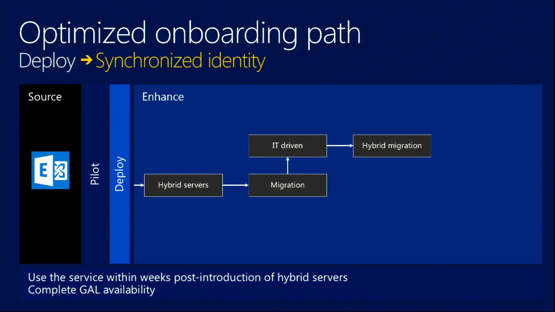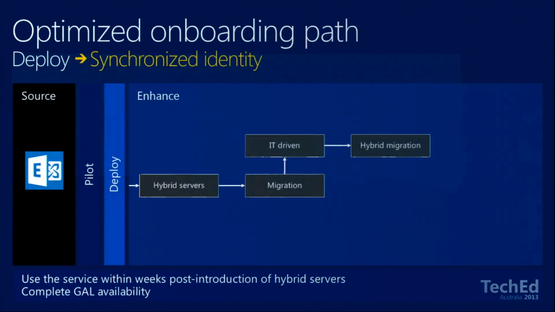accounts, with PST import. You can move through your deployment with the shared namespace. And then as it fits from a business perspective, you might want to put in Exchange hybrid configurations so that you can use MRS and use the technology to simply move mailboxes from premise to cloud, back and forth as part of your infrastructure. So there are definite decision points as you move through pilot to deploy to enhance, and we wanted to highlight some of those coming from that Exchange environment.